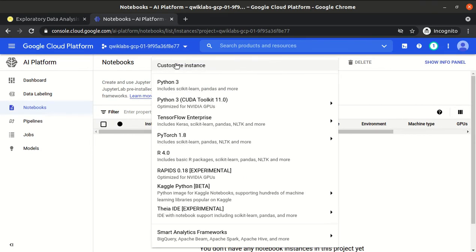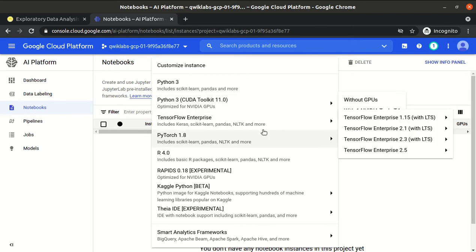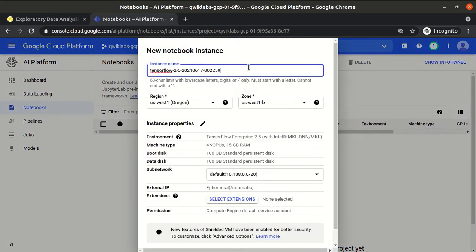Here we have to use TensorFlow, the latest version 2.5, without GPUs. The notebook name can be any name.